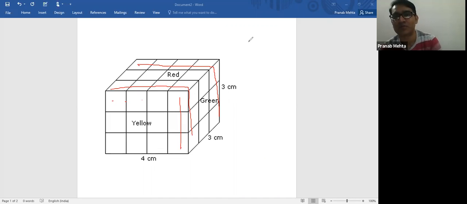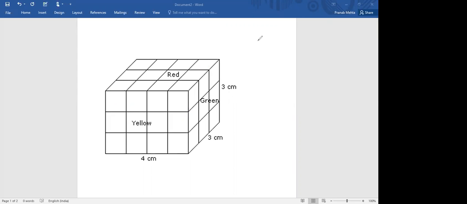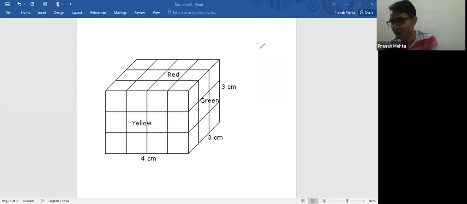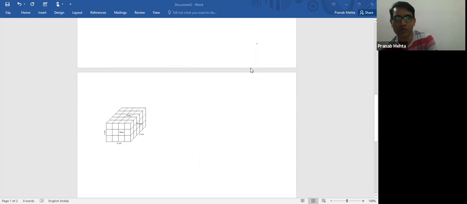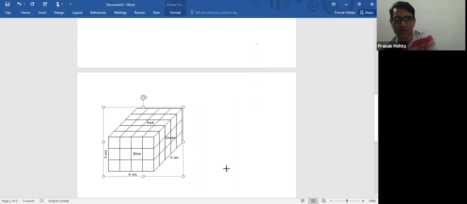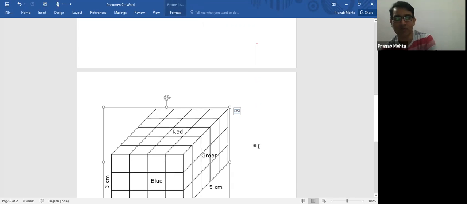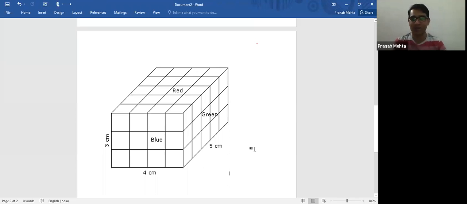4 into 3, 12. Any doubt here? No, no doubt. Good. Now, what you do is just make a note of your third diagram, because I'm not going to solve another question from here. That is homework. The remaining questions in this cube, you are going to do as homework. You can just keep this diagram in your mind, or if you want, you can copy this so that your life becomes pretty easy.